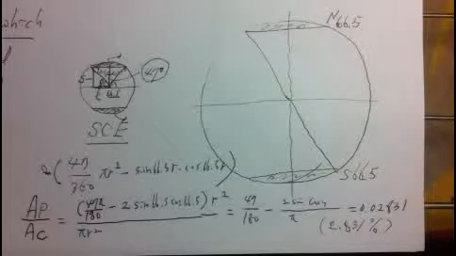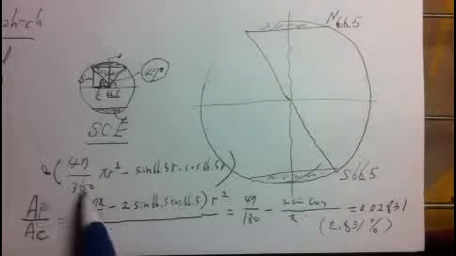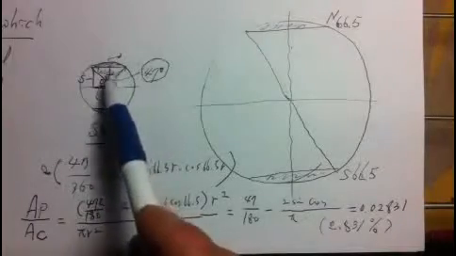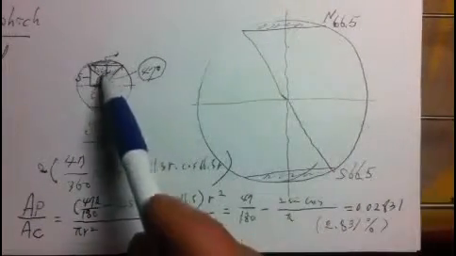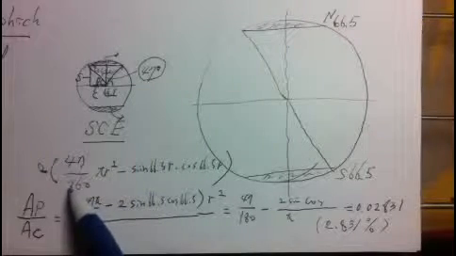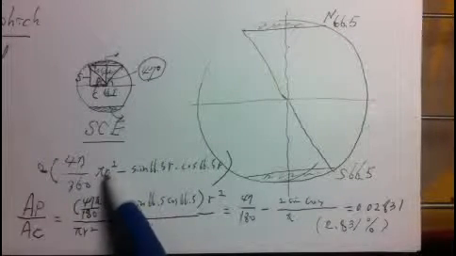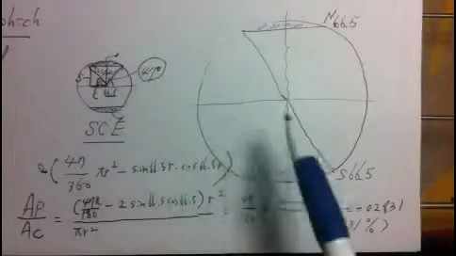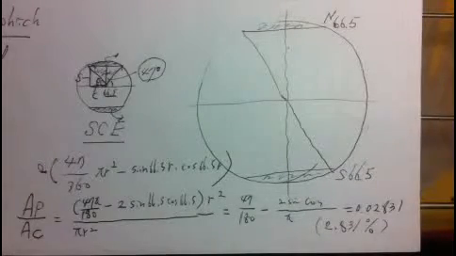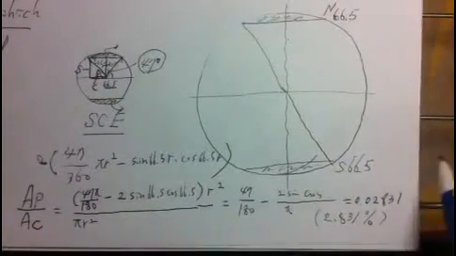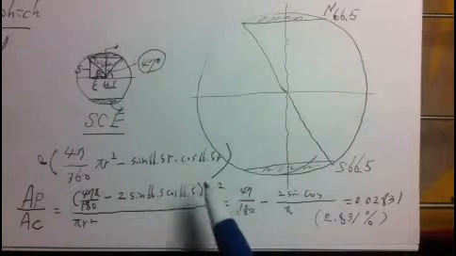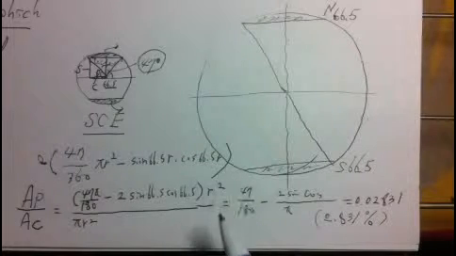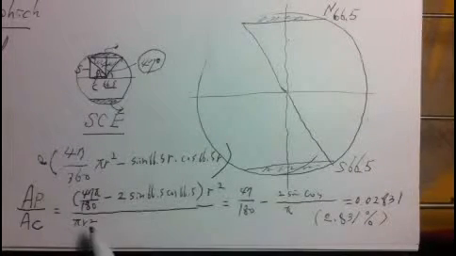I can measure these with formulas. The angle is 47, so the area is 47 per 360 degrees times pi r squared, minus the right-angle triangle, sine 6.5 r times cosine 65 r, and after that I can divide it